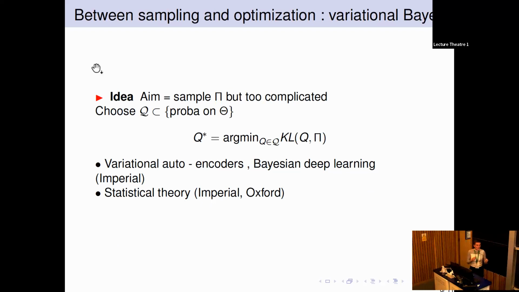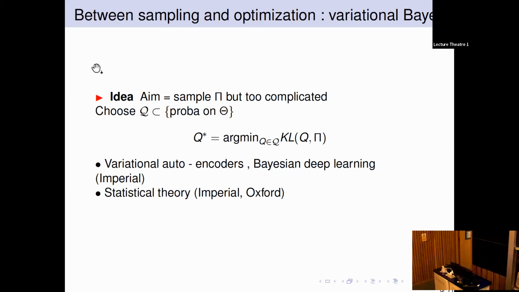And as I was saying, now people try to combine optimization and sampling to come up with a distribution. When you have a distribution, it's much richer as information compared to just a point estimator, which is a minimizer of a loss function. But of course, it's much more complex to obtain because you want something bigger. It's a distribution and not a point. And so one way to do that is to use approximate methods. So you're not going to target pi exactly. You're going to target something a bit different, which you define.